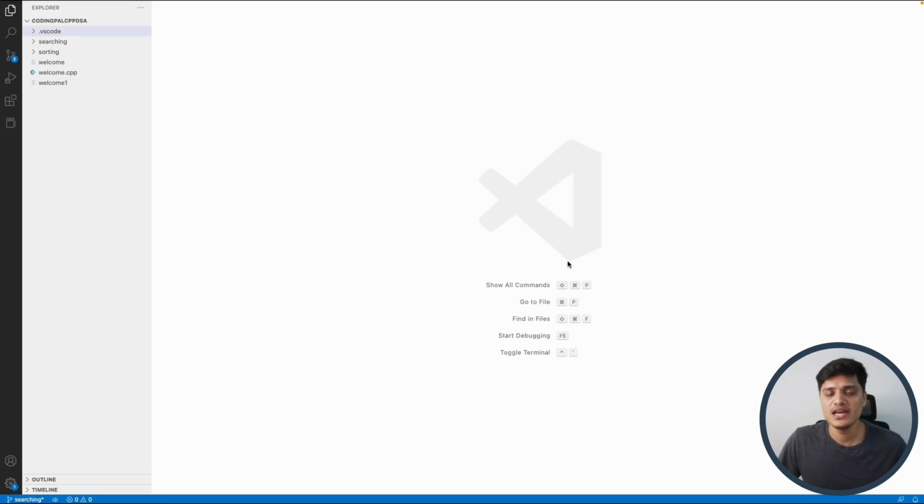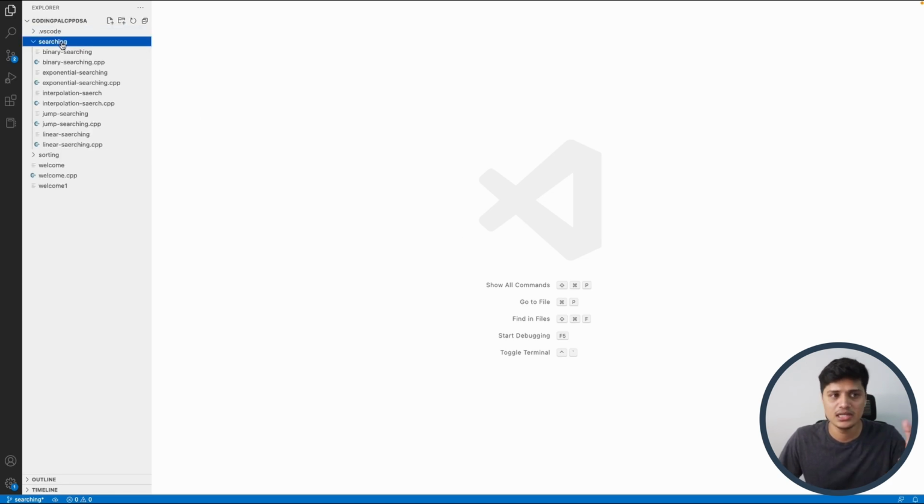So far we have seen various techniques for finding the peak element inside a sorted array, right? Now let's quickly write the C++ implementation of it inside the project that we are implementing. Since it is our first searching specific problem that we are trying to solve, inside the searching folder